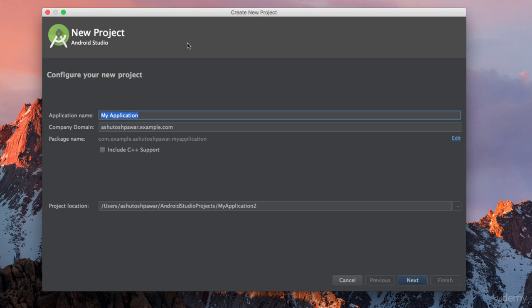The next thing you need to do is, even before you start writing code, name your application. So in this case, let's name this My New App. And if you'll notice, when you name your application, the package name automatically changes. By default, your package name is